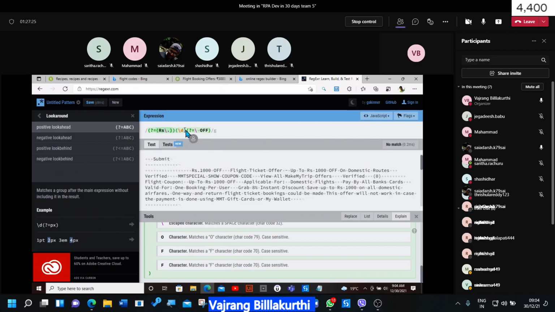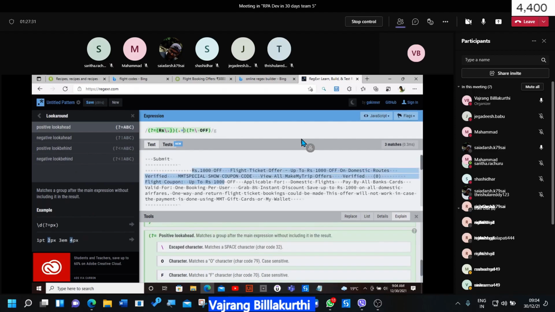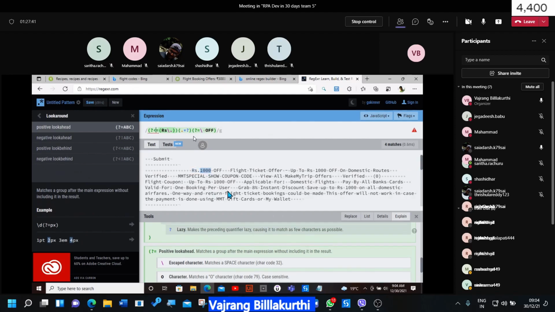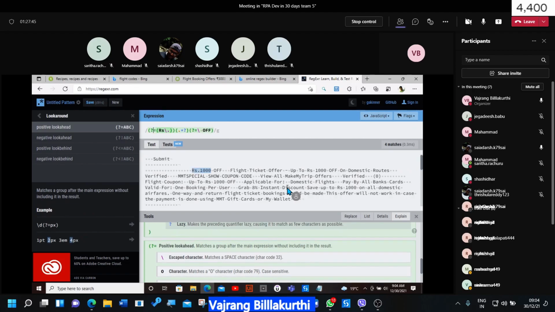Dot star question mark. Yep, it's getting... okay, now it's getting all the values. But if I just want to remove this one, it will get me all the results, question mark and all.